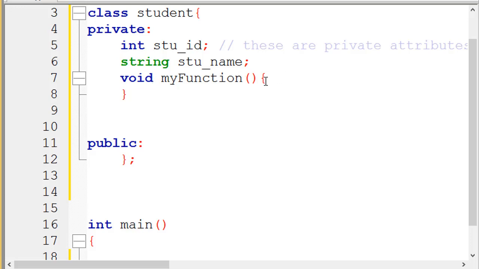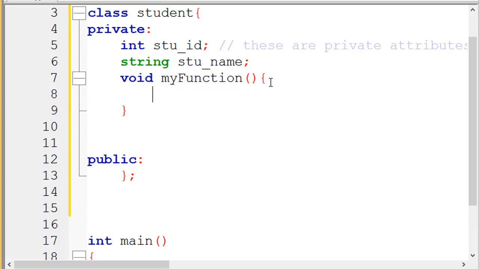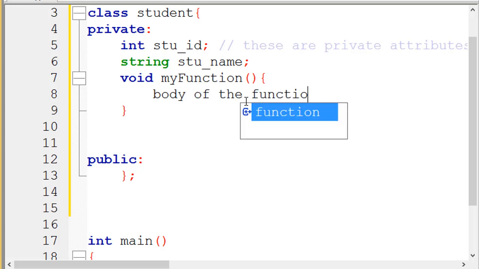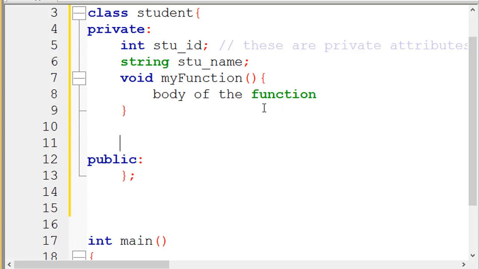Inside the function, here is the body. This is the body of the function. In the body, we add code that defines what the function will do, what functionality this function will perform.